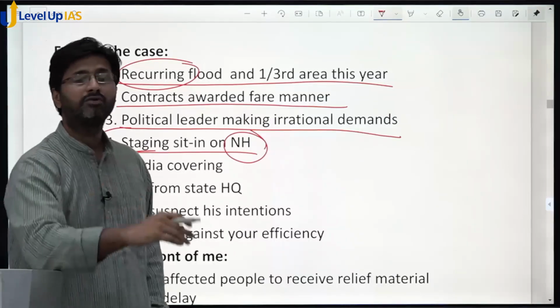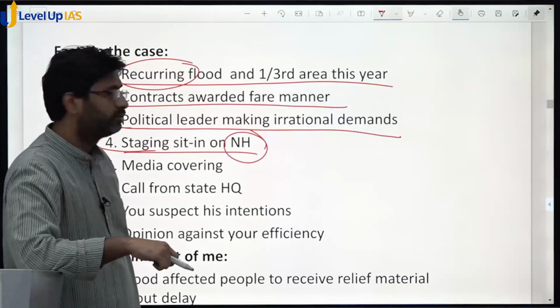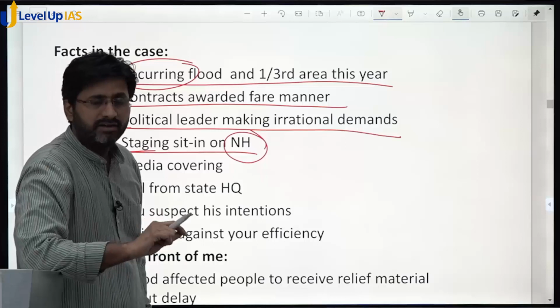We also cannot allow the law and order situation to balloon,